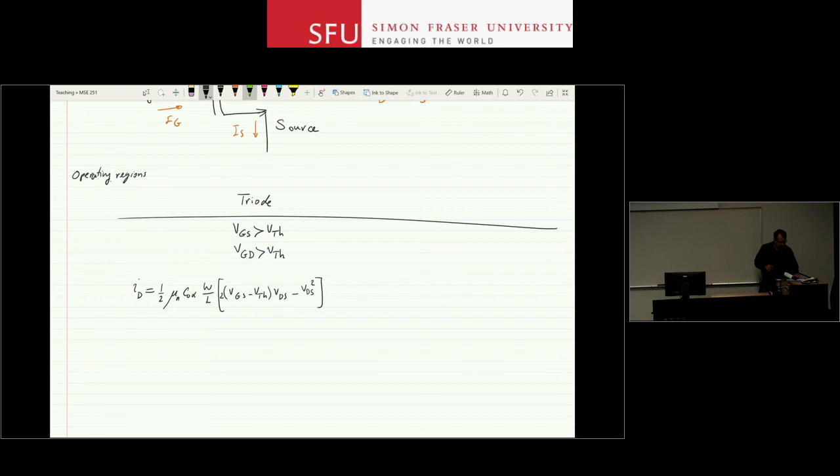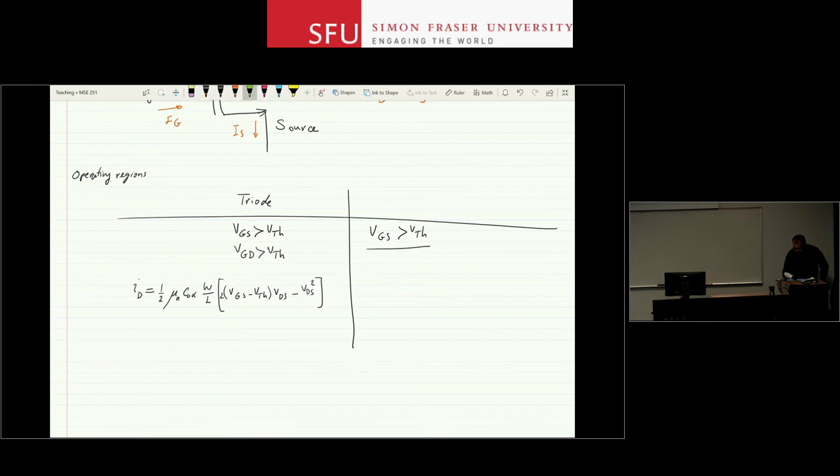And then we saw that if VDS is small, we said tens of millivolts or so, then you can ignore this nonlinear term at the end of this equation. So this nonlinear term can go away, and you have a resistor that is more or less responding linearly to VDS. But if you increase VDS, it becomes a nonlinear resistor as long as these two conditions for VGS and VDS are satisfied. Then we increased the drain voltage, and we had a situation where VGS was still larger than VTH,